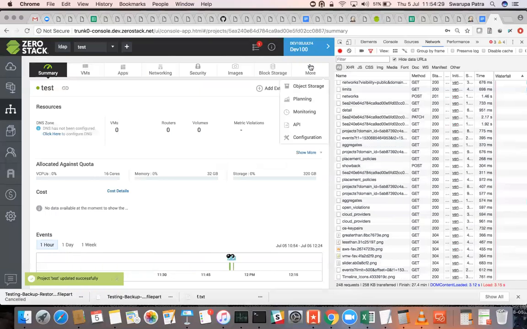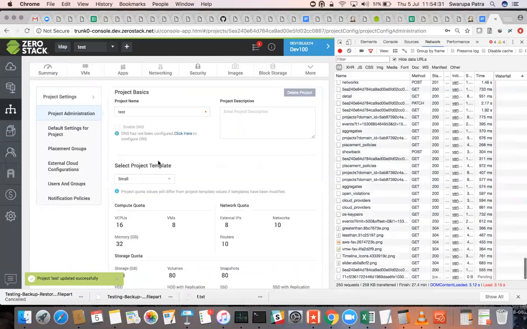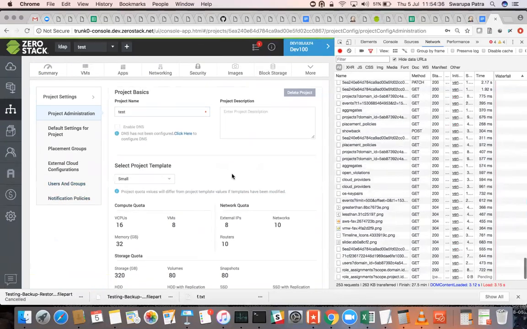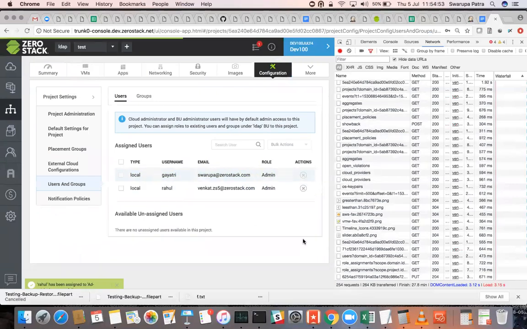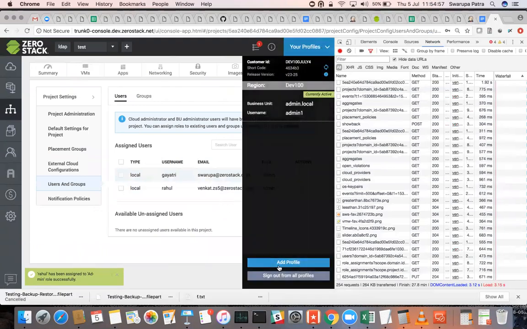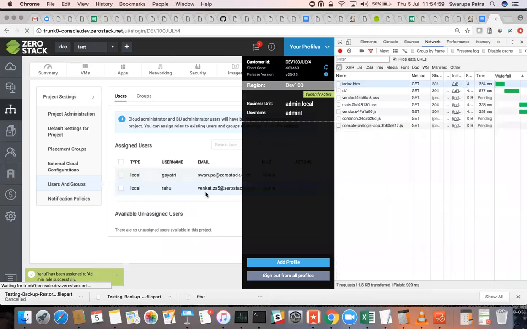Now at the project level, you can see the configurations and who the users are. So Gayatri is an admin, and there are unassigned users as well. You see, if I assign some role to Rahul and add it, and if I try to say add profile,